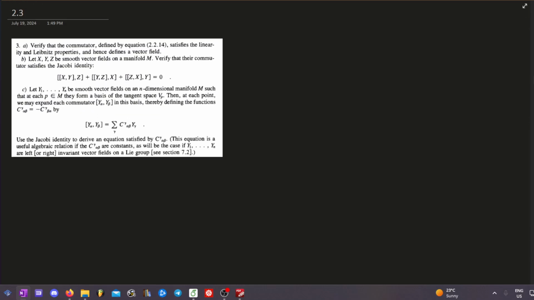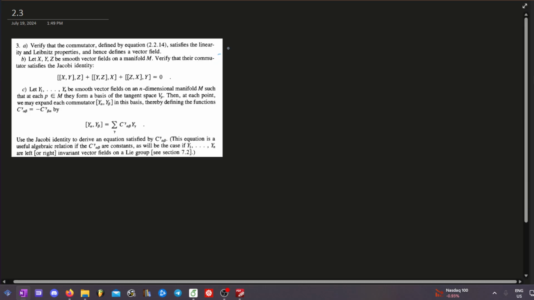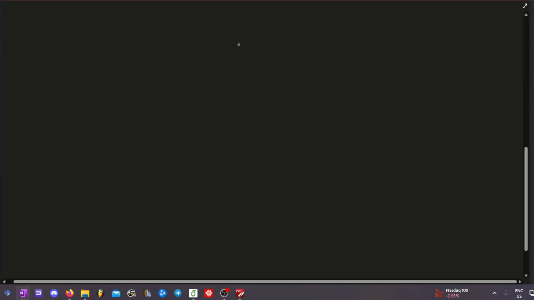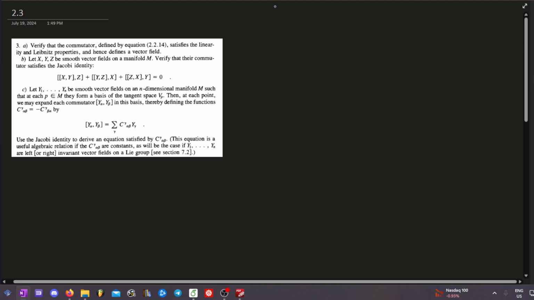Okay, let's get started with problem 2.3 from Wald's General Relativity. We'll start with part A here, where he asks us to verify that the commutator satisfies the linearity and Leibniz properties and hence defines a vector field. So just to remind you guys, the commutator of alpha and beta, for example, is just alpha beta minus beta